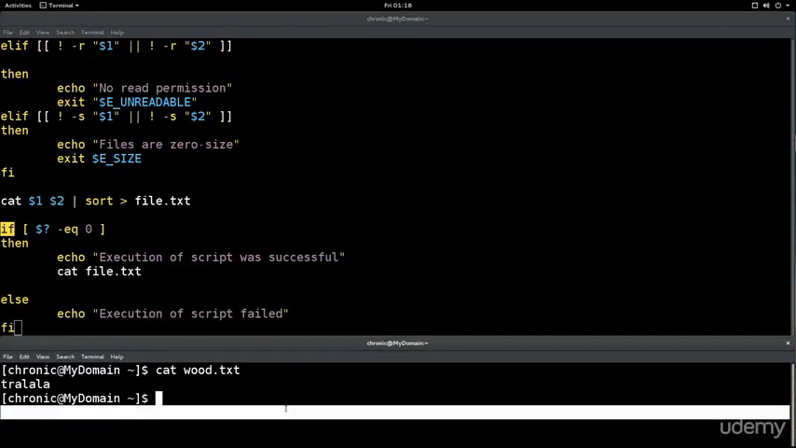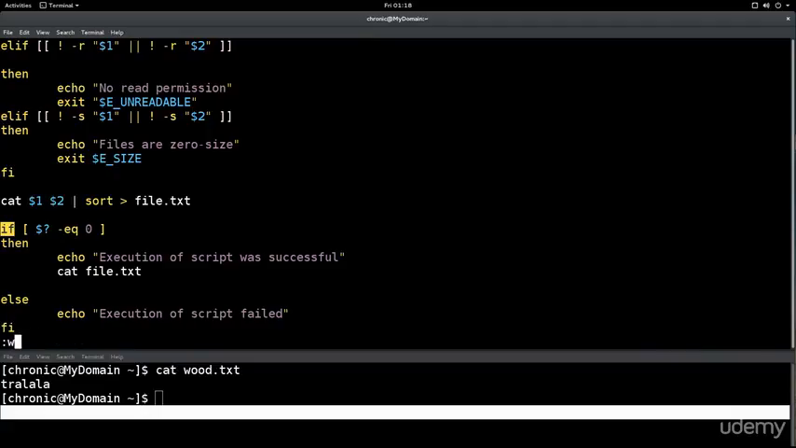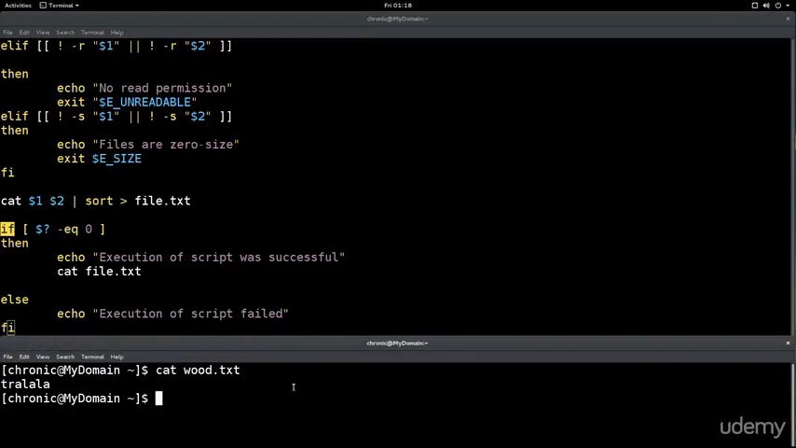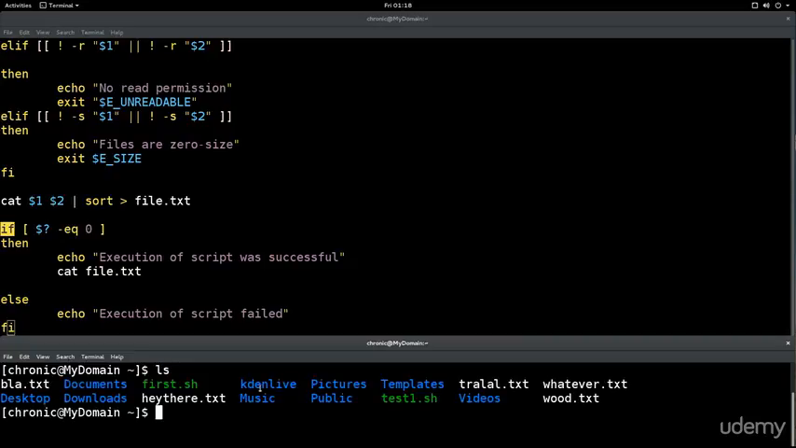Okay, so let's go ahead and write this down, save it, clear the screen here. Make sure you have two files that you can use. I have blah.txt and tralala.txt and whatever.txt and wood.txt. I've shown you how to create files. So let's go ahead and type in